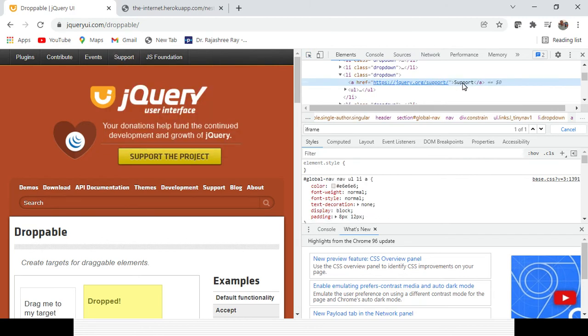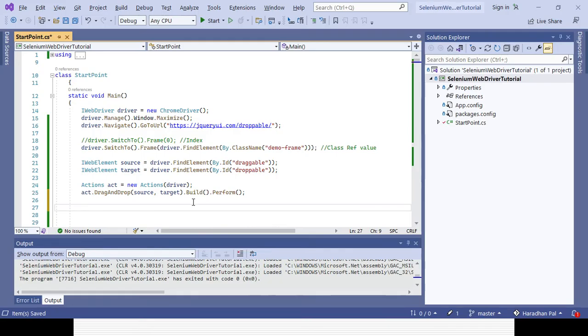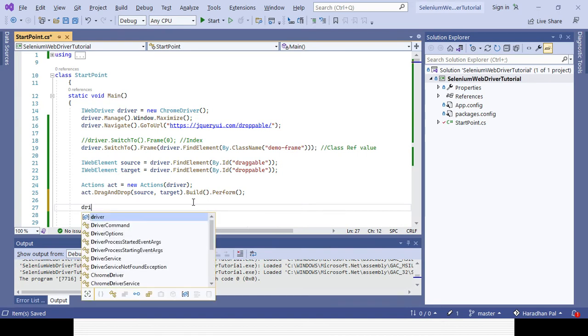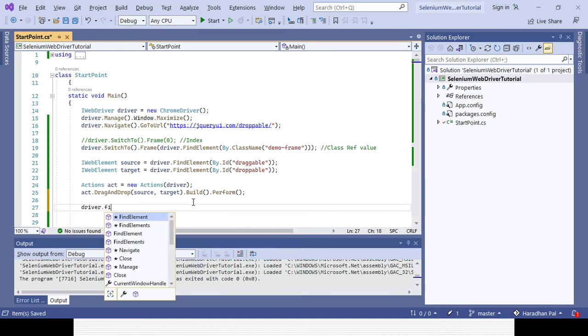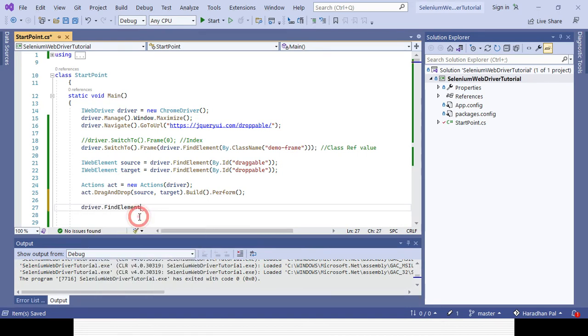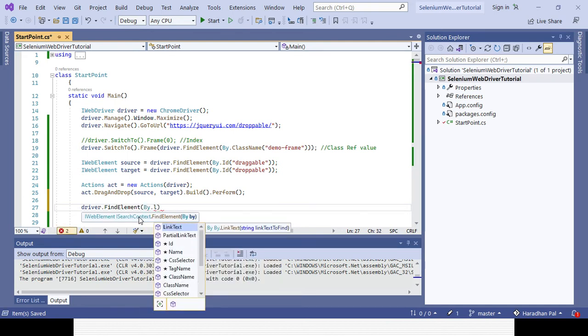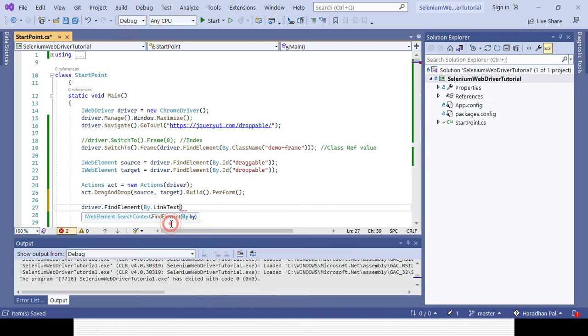The link text is coming as support. So after that part, I want to identify the element with driver.findElement, by.linkText, which is the text of the link. And it is a link, so I want to click on it.